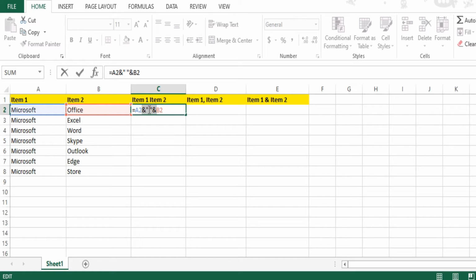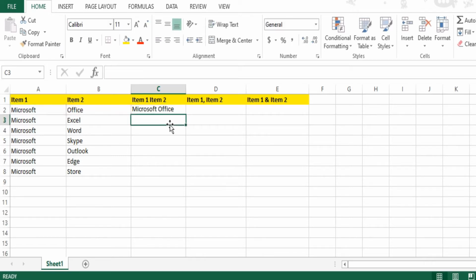So whatever you want to put in between your two values, you need to put that thing in between these inverted commas. Since I wanted the space between Microsoft and Office, I inserted a single space in between these inverted commas, which resulted in Microsoft space Office in my